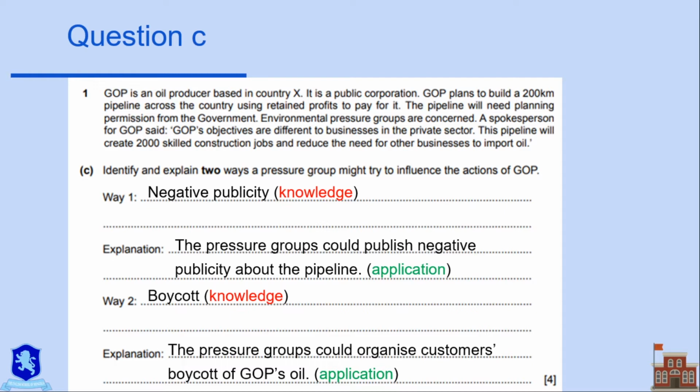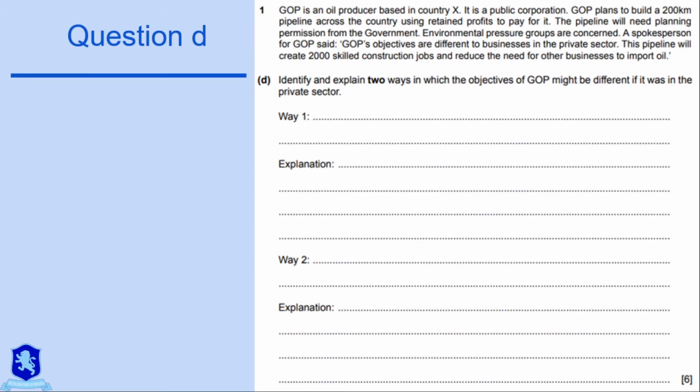Now, let's review questions D and E, which are 6-mark questions. Usually in question D, you have 2 marks for knowledge, 2 marks for application, and 2 marks for analysis. Let's take an example. In this case, you are asked, identify and explain 2 ways in which the objectives of GOP might be different if it was in the private sector. Way 1. You could write